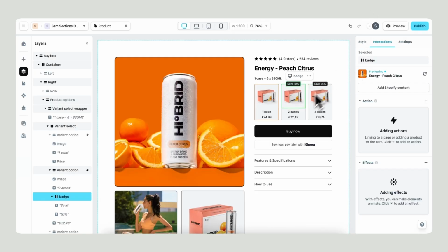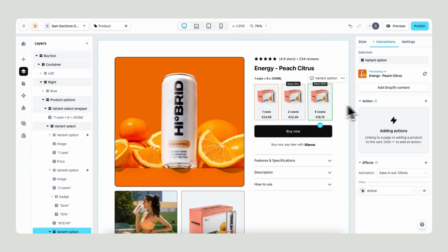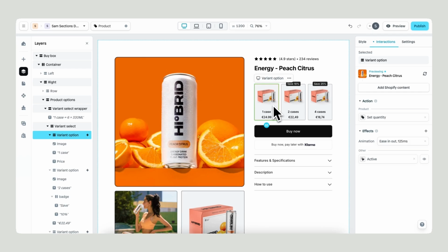So back in Instant, we can be sure that the discount will be applied when this product option is added to the cart. Now let's focus on the last one, 4 cases, add the set quantity, and then set the quantity to 4. And that's already it. So you can now create custom quantity breaks for